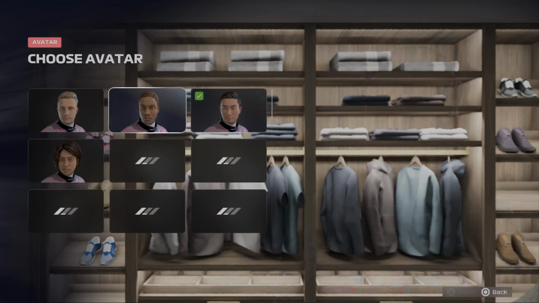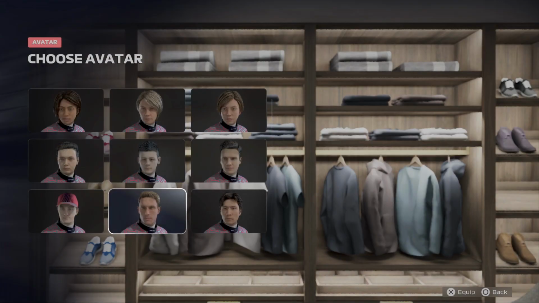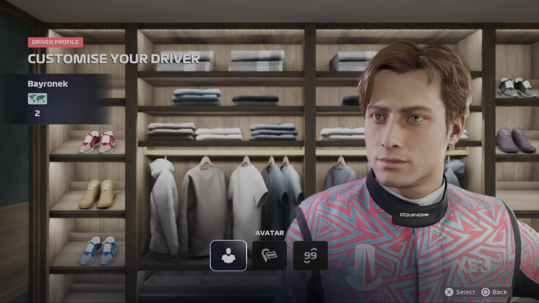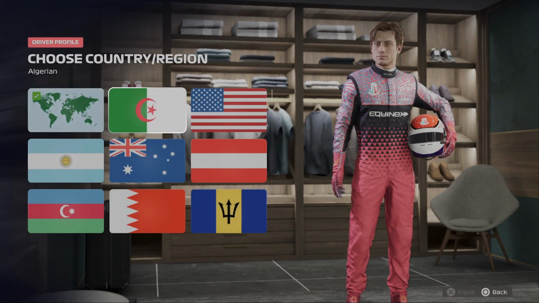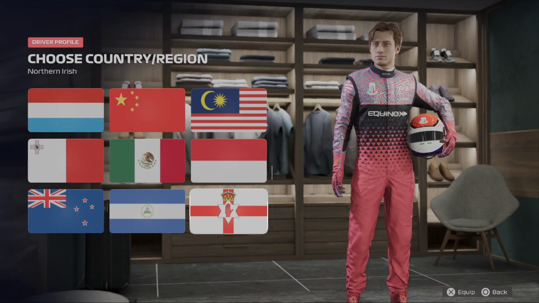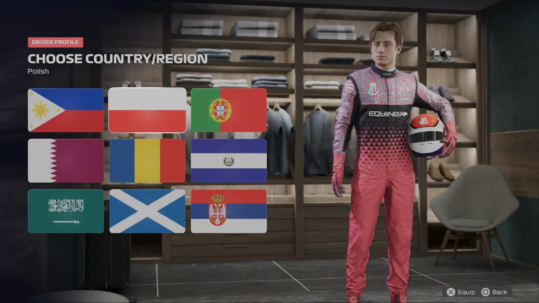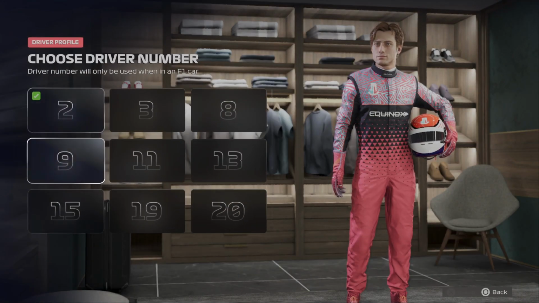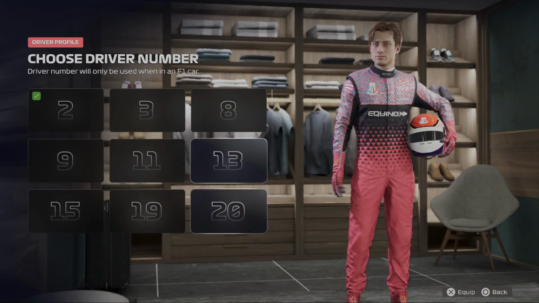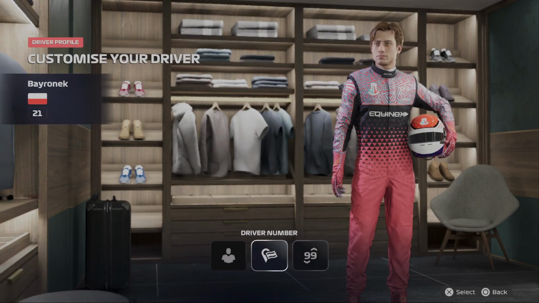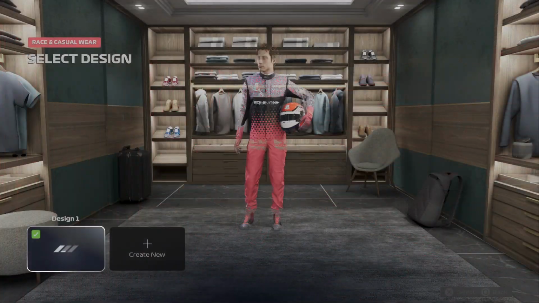Here you can change Avatar, Country and Region, and Driver Number. Go back, and next you can change